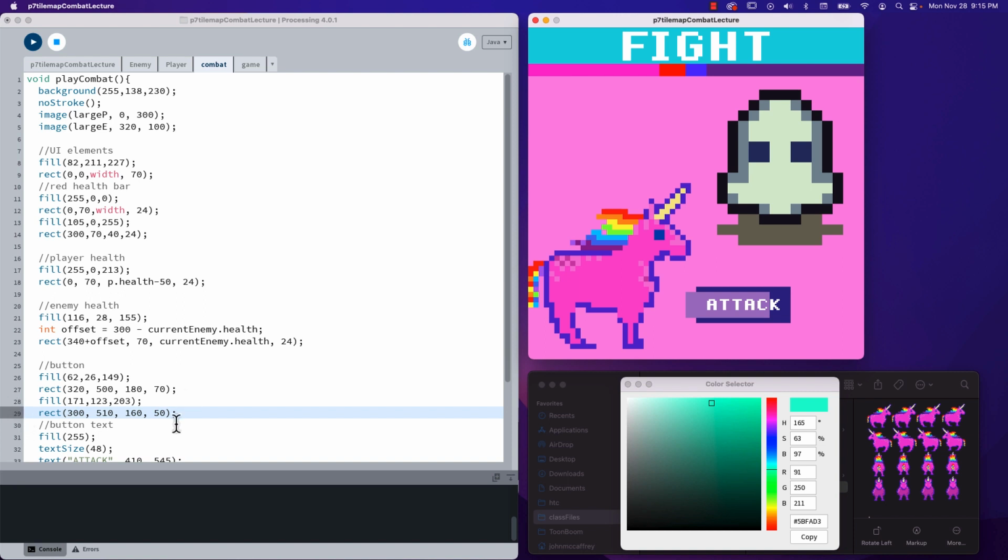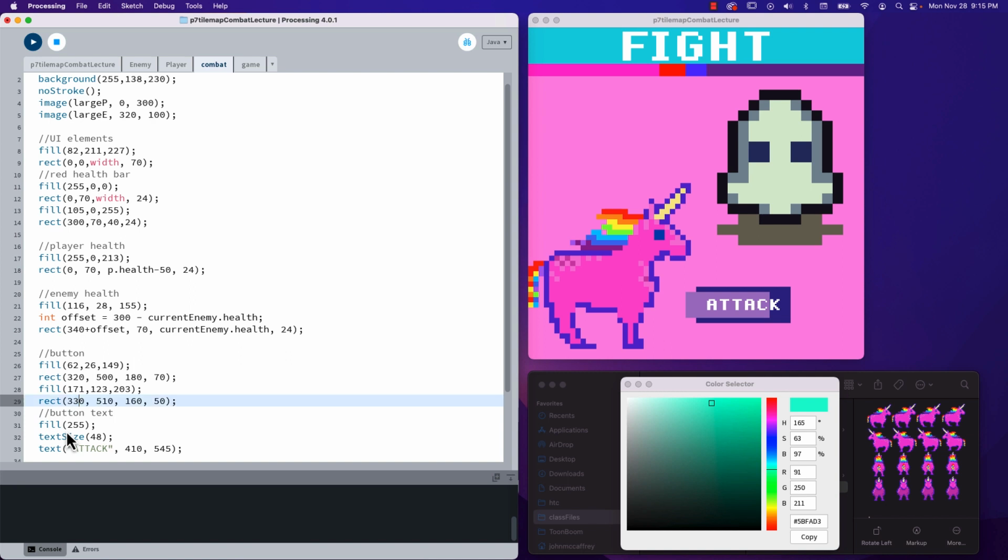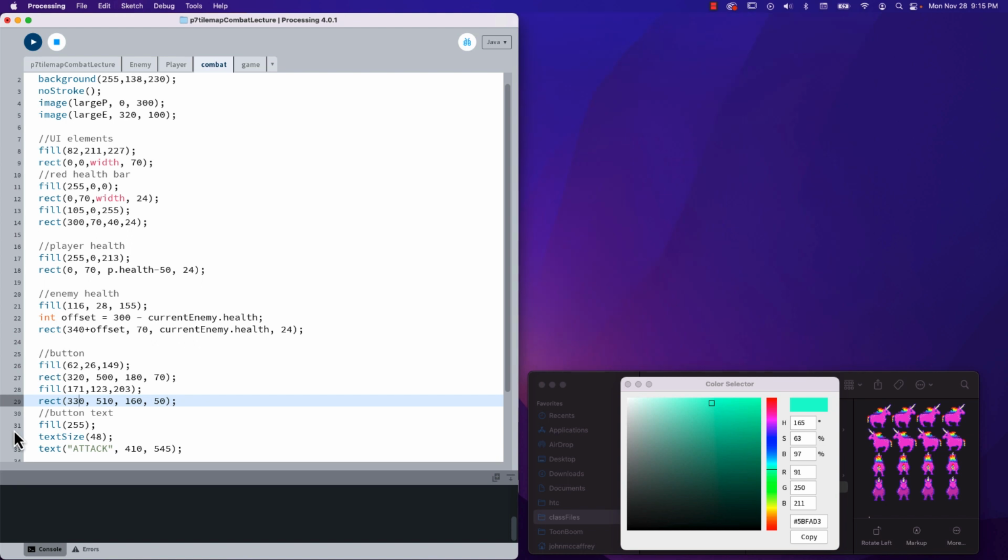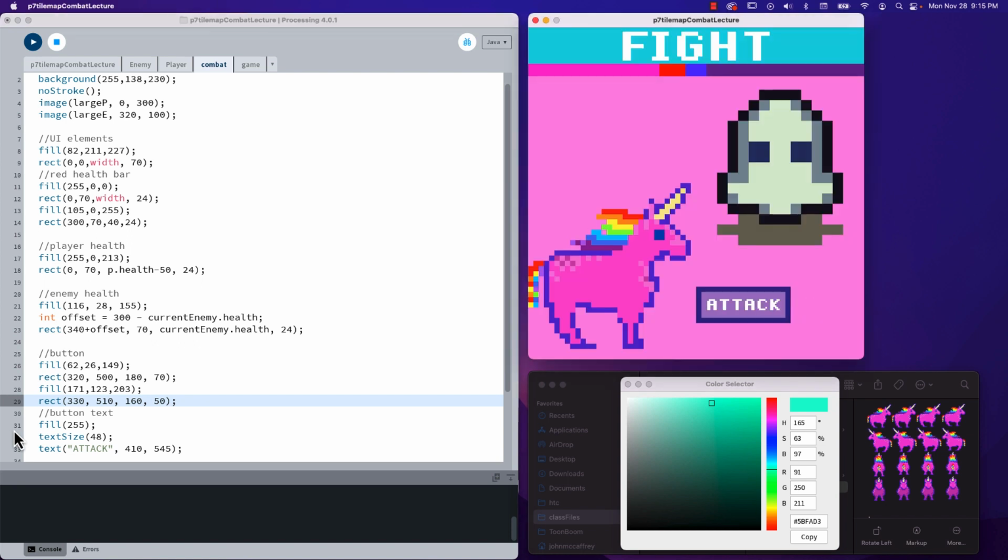Now if we run that, we'll see that I've set things up. Whoops, I forgot to set my number right. I went in the wrong direction. From 300 I subtracted 20 onto it, so I want to go 330. Well, I was thinking ahead on some numbers, and now I have the text and I have my button,